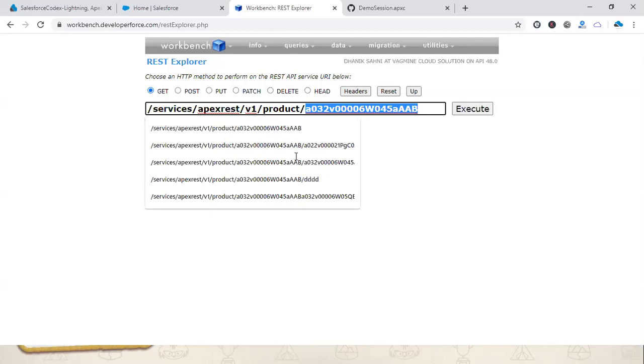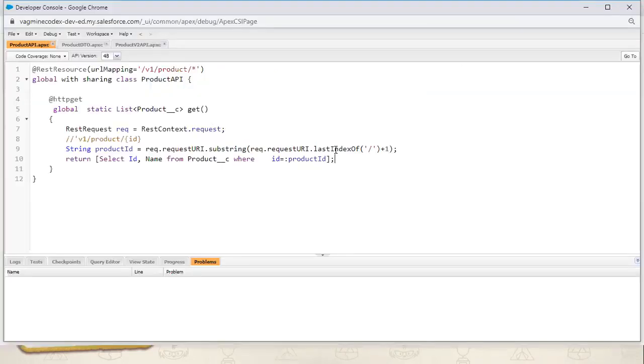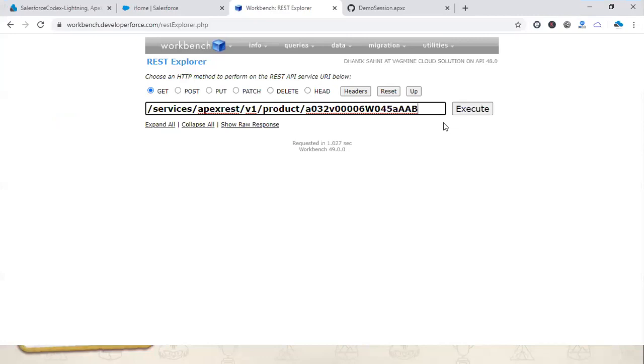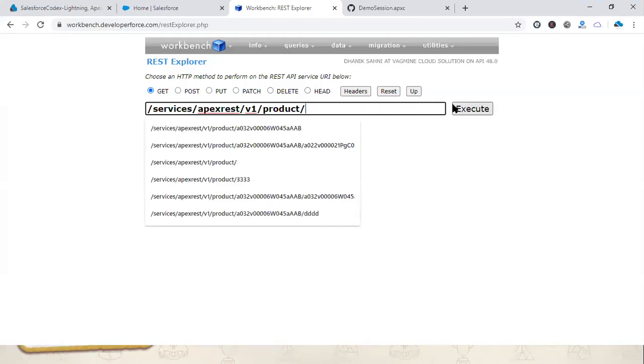For that, I have simply gotten the last index of this value, and after that, whatever is there, just get the data. So it will give you the ID of that value, and it can extract the specific product information. So let's see if data shows or not. It's not showing, so probably that product information is not right.